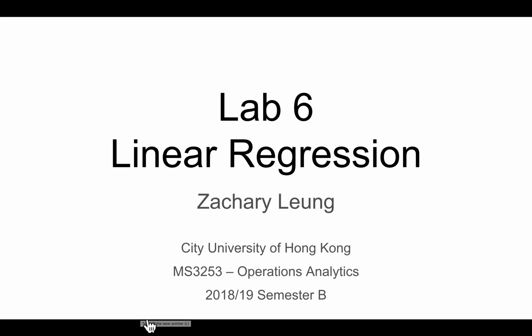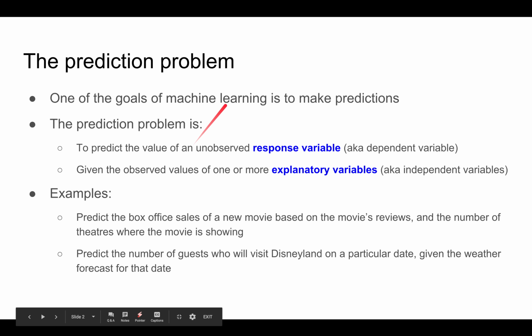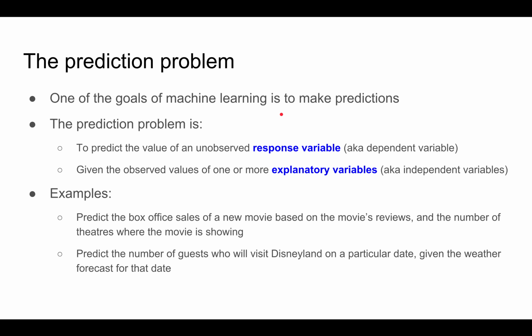Today I'll be talking about linear regression. The goal of linear regression is to help to make predictions. So the prediction problem is about predicting the value of an unobserved response variable, which is sometimes also known as a dependent variable. And you make this prediction using one or more explanatory variables, which are also known as independent